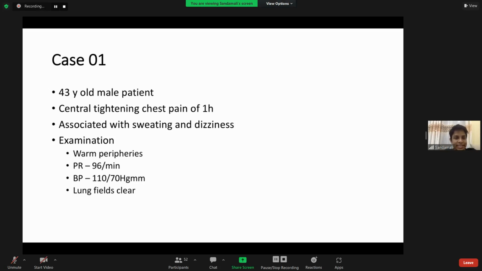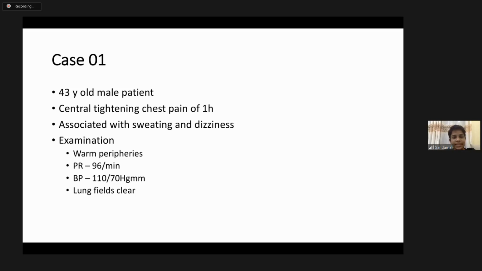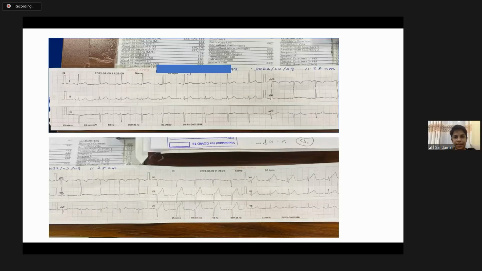This is a 43-year-old male patient who presented with central tightening type of chest pain of more than 1 hour, associated with sweating and dizziness. On examination, the patient was not in cardiogenic shock. Peripheries were warm. A little bit of tachycardia, heart rate is 96, blood pressure was normal, and he was not in heart failure. Please ignore the backgrounds, but if you look at the ECG,